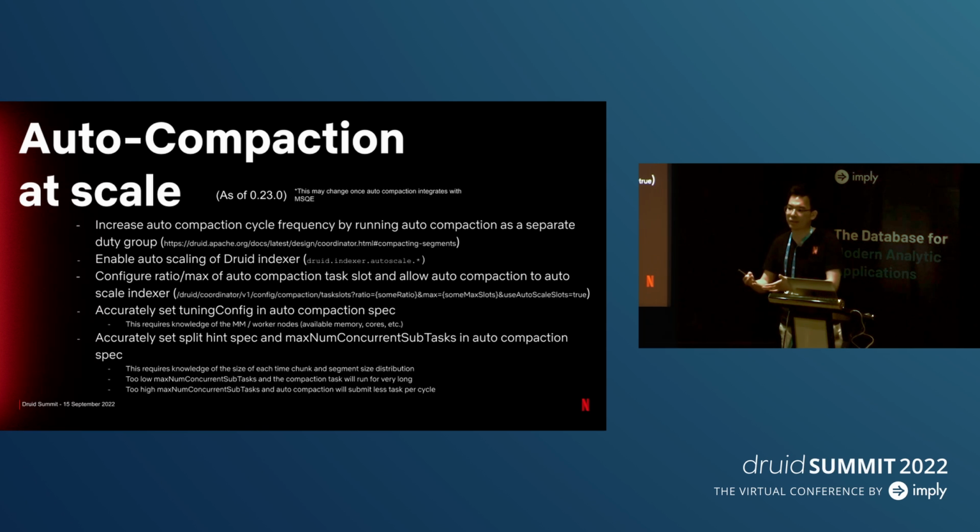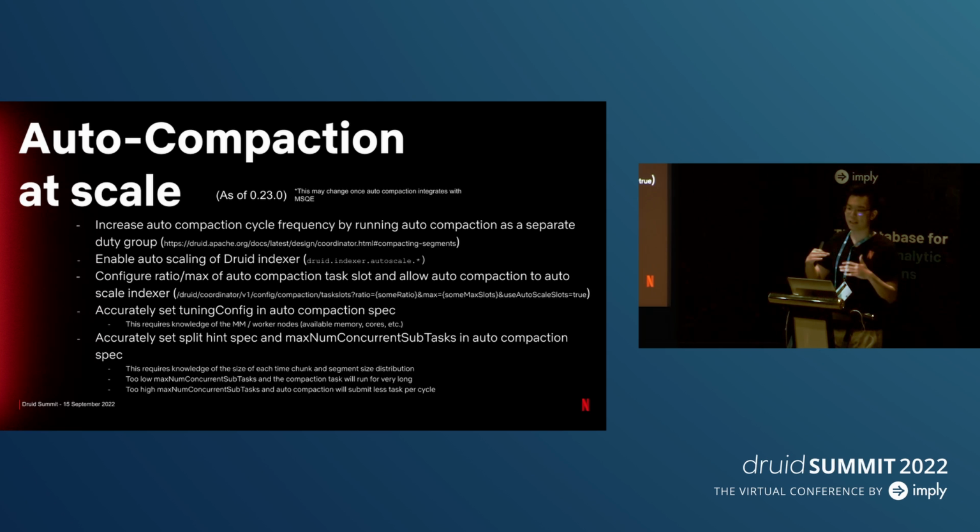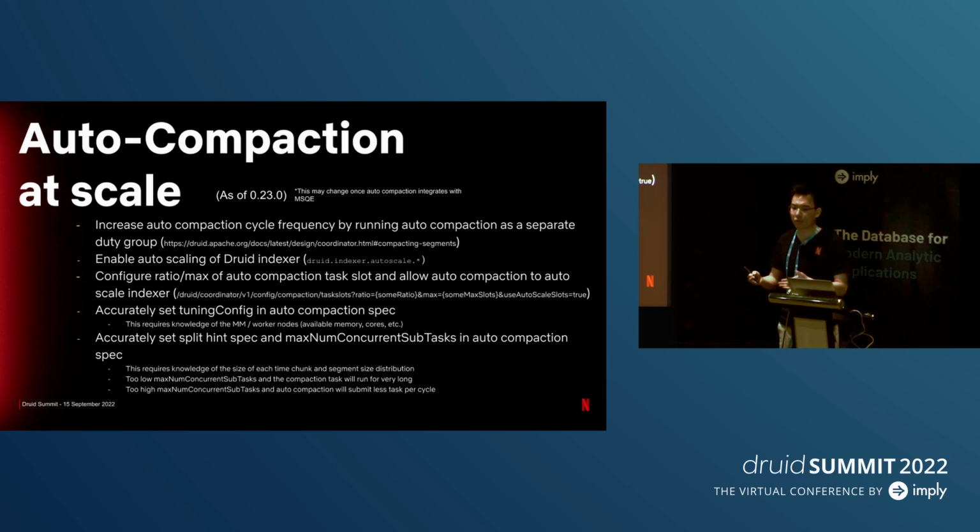So you can set that frequency to be more frequent, and at no point in time will it go above your limit of task slots. We set that to just a couple of minutes so that it kicks off tasks whenever tasks